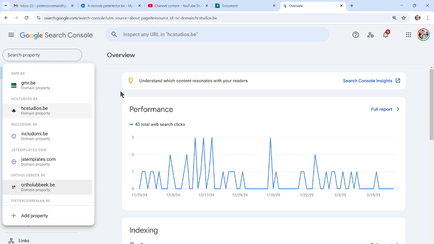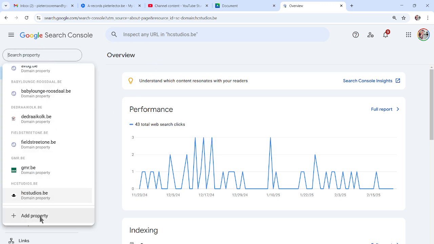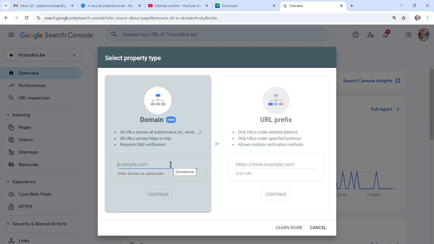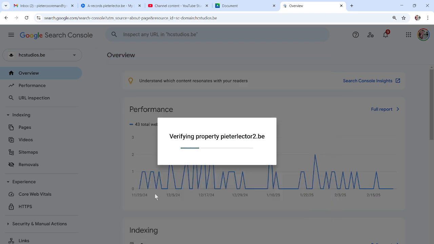In the end, when you log on to the console, you will be able to add a property. A property being, in this case, a domain. So here you would need to add your own domain, the domain you bought with Commvault, without www, without the URL, remember, just the domain as such. I'm going to add another one because it's not going to allow me to do that because I already have that one. So after you click continue,